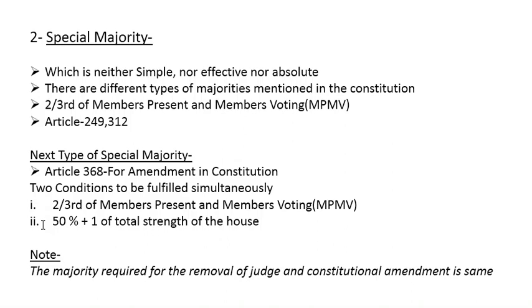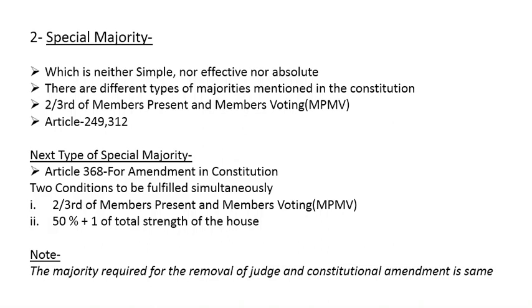So as I discussed in the absolute majority, when a government has formed, it has formed after going through this much strength of the house. So it is obvious that the government has this much strength. So this is not used very practically. Basically 2/3 of the members present and voting is what is required. And since 2/3 of members present and voting is always going to be greater than this, the second condition is of no practical relevance. We just need 2/3 of the members present and voting for making an amendment in the Constitution of India.